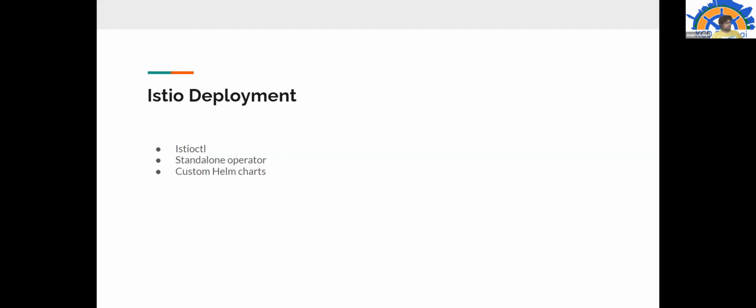Now, the other way of deployment is the standalone operator. It's a controller which runs inside the Kubernetes cluster. Personally, I believe for any production grade environment, the standalone operator is the best pick, because all the operational knowledge is built inside the operator.